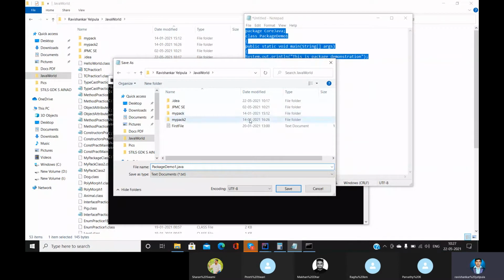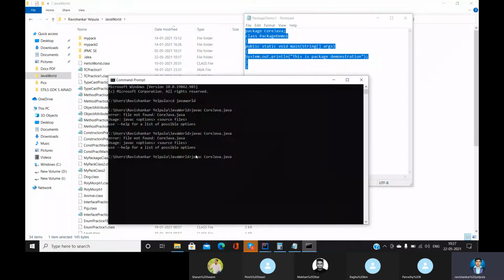Okay, package demo, right? Package demo 1. Okay, this is done now. This is done. Now the class is compiled. Now we have to compile the package. Then for that we have to use it in such a way: d dot